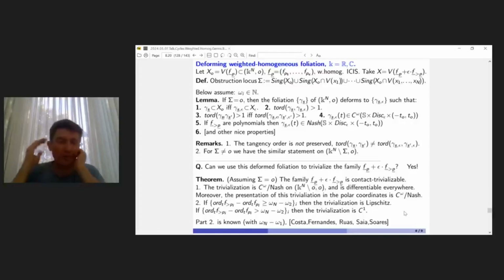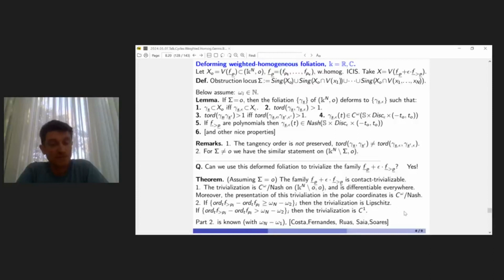Okay, thank you. So maybe once again, in simple words, we have a family. In most cases, it is not Lipschitz trivial. To get Lipschitz triviality, you need to perturb by weights of high enough order. Starting from high enough order, you will get Lipschitz triviality. But if the perturbation is really delicate, by terms of low order, then it is not Lipschitz trivial. Still, it is differentiable. It is not Lipschitz, but differentiable. There are such functions which are differentiable but not Lipschitz. Just, do you remember